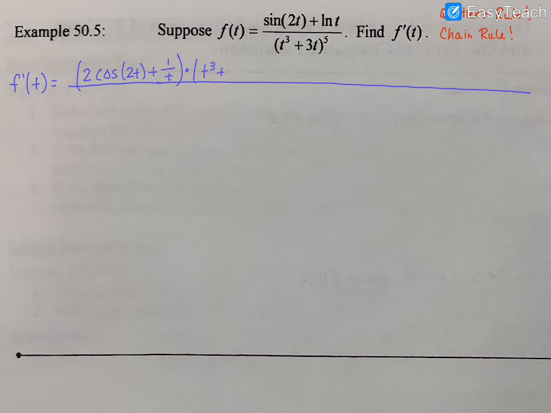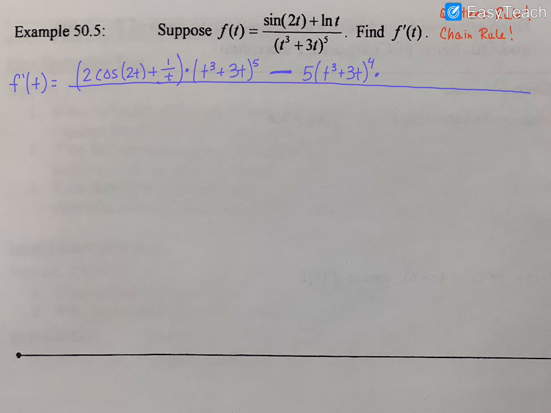So that right there is the derivative of the numerator times the denominator as is. So t to the third plus 3t raised to the fifth. Then quotient rule says we subtract. And now we're doing derivative of the denominator, keep the numerator. So derivative of the denominator. The denominator is something raised to the fifth. So something raised to the fifth is going to be 5 times something raised to the fourth. Before you move on, don't forget,